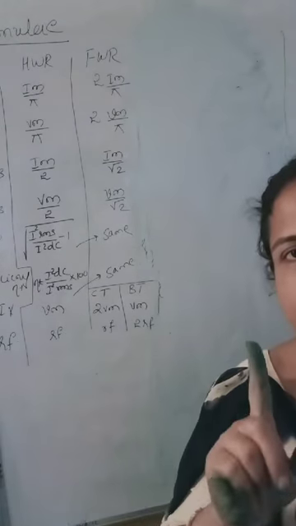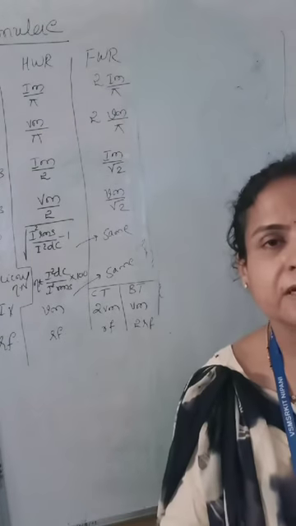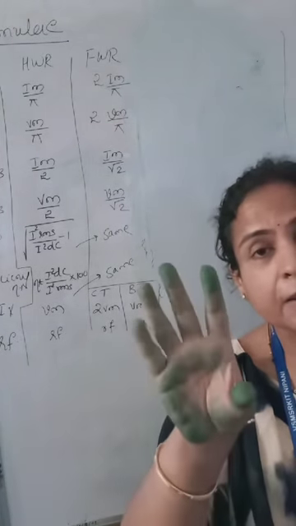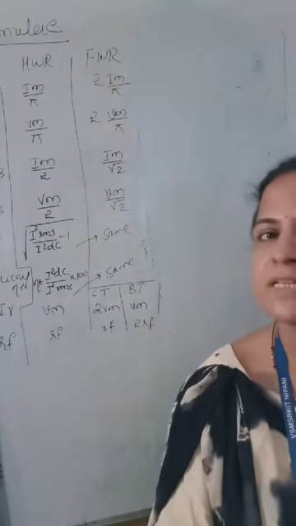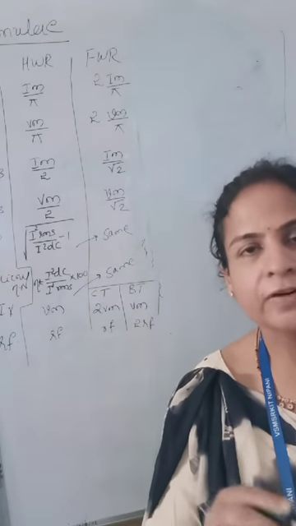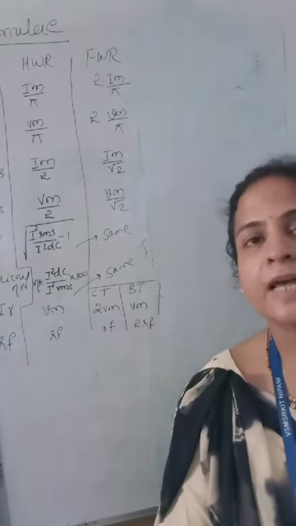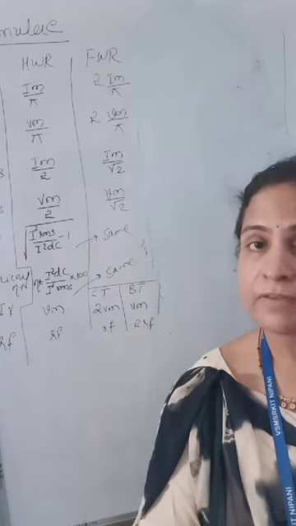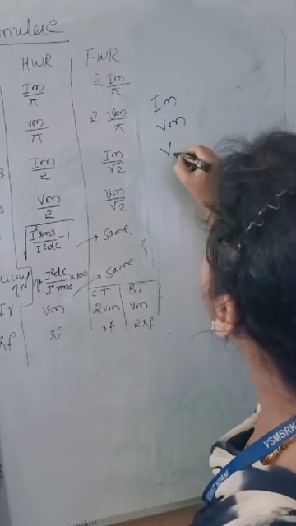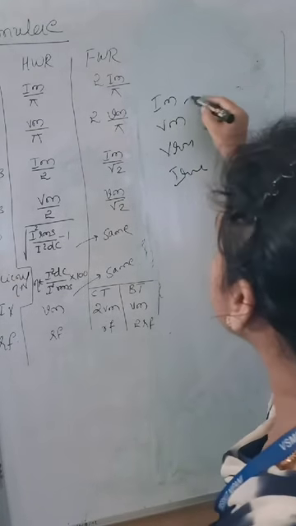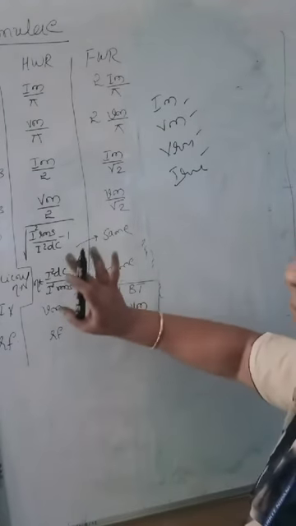So, IM, VM, IRMS, VRMS, these four values you need first. First, think and be perfect with how to find the other three parameters when only one is given. Like if IM is given, how to find VM, VRMS, IRMS, think about it. If only VM is given, think how to find IM, VRMS and IRMS. If only VRMS is given, like I will write and show you, IM, VM, VRMS, IRMS, right? These three parameters, if you are able to calculate, rest all, everything you can do.